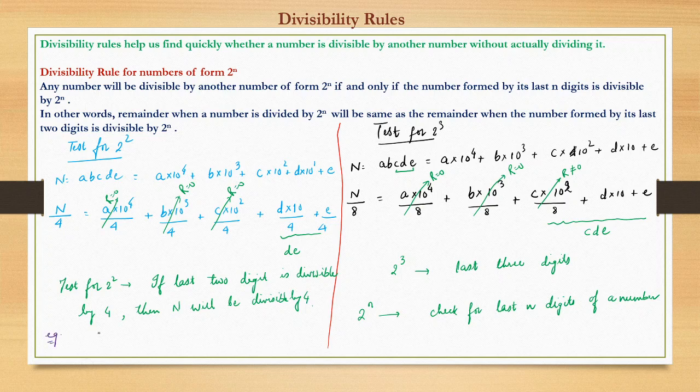Let me check whether 2, 3, 4, 5, 6 is divisible by 4 or not. Since for 4 we just see the last two digits, 56 is divisible by 4, remainder is 0. Hence the full number is divisible by 4, so 2, 3, 4, 5, 6 by 4, remainder would be 0. Similarly the same number, 2, 3, 4, 5, 6, by 8.